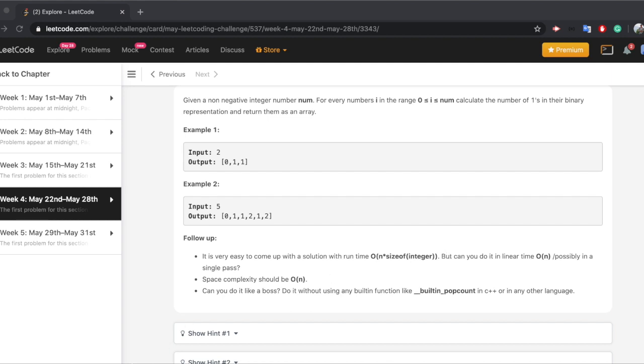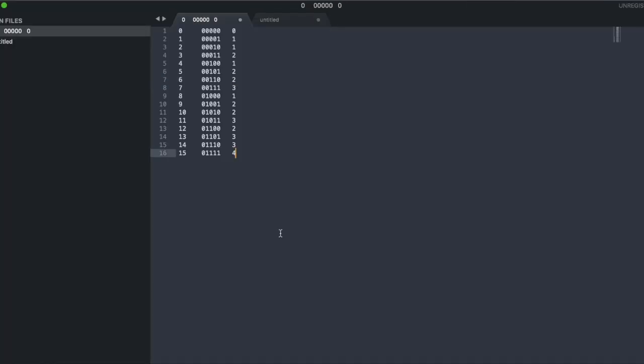Let's go back to the text editor and see the binary representation from 0 to 15. For 0, it has all zeros, so we do not have any ones, so the number of ones is equal to 0. One possible solution could be to iterate from 0 to the given number, and do another iteration over the number's binary representation, and calculate the number of ones.